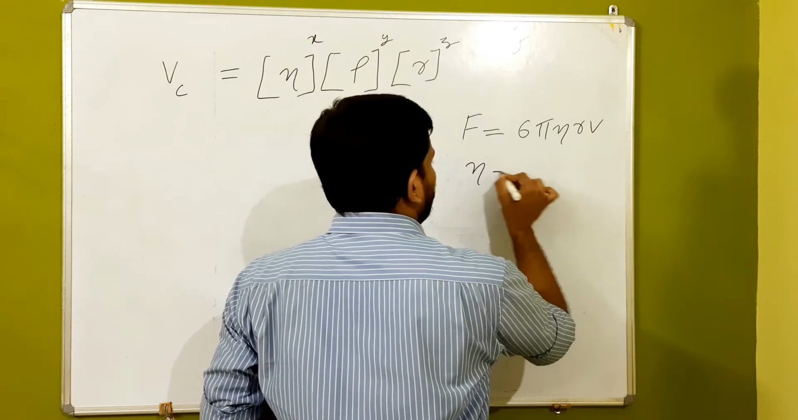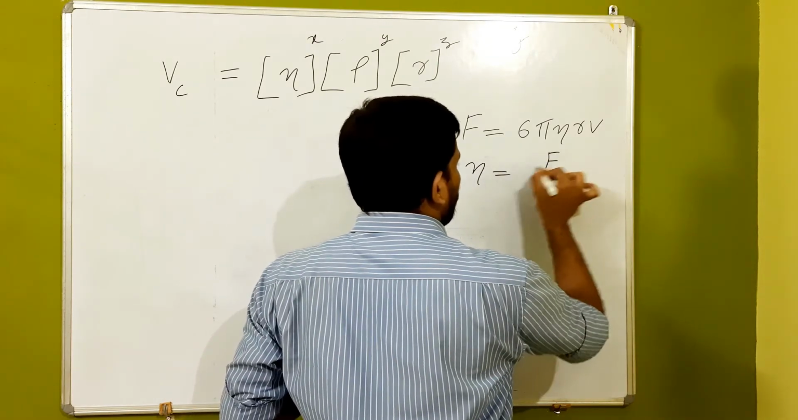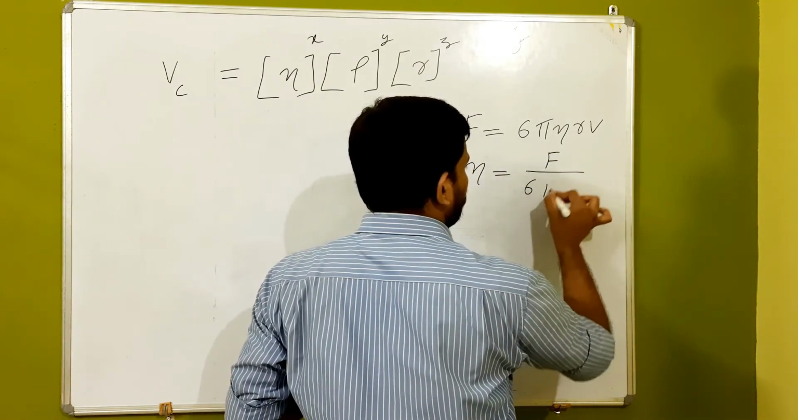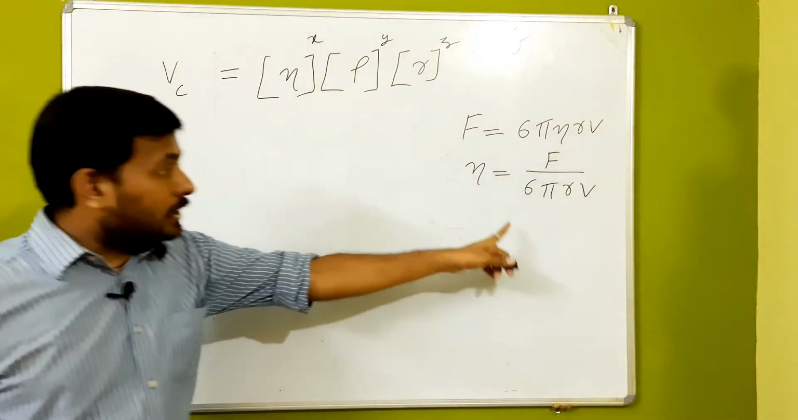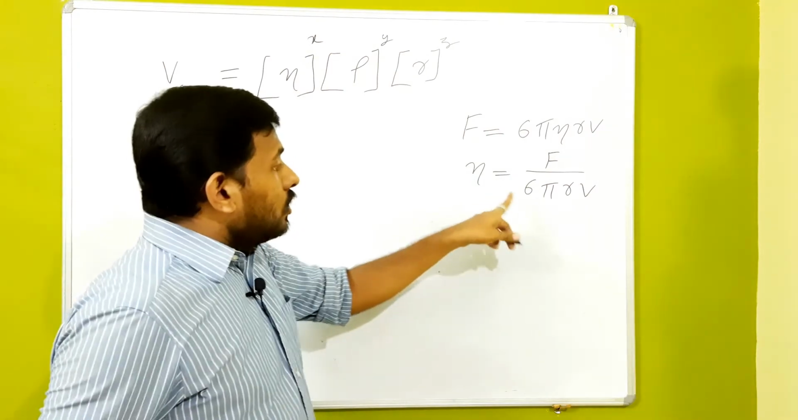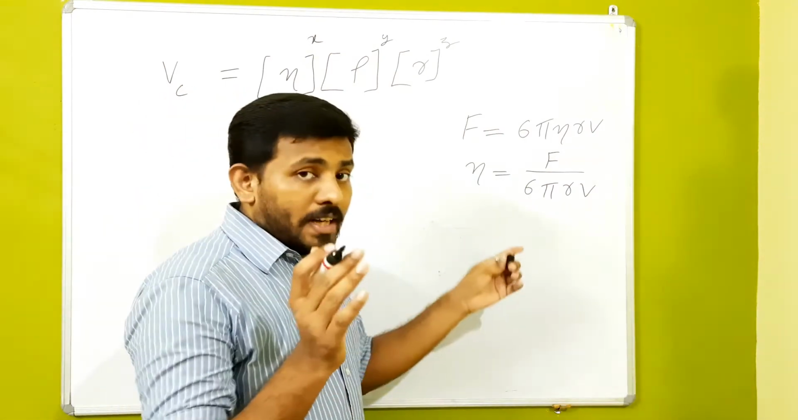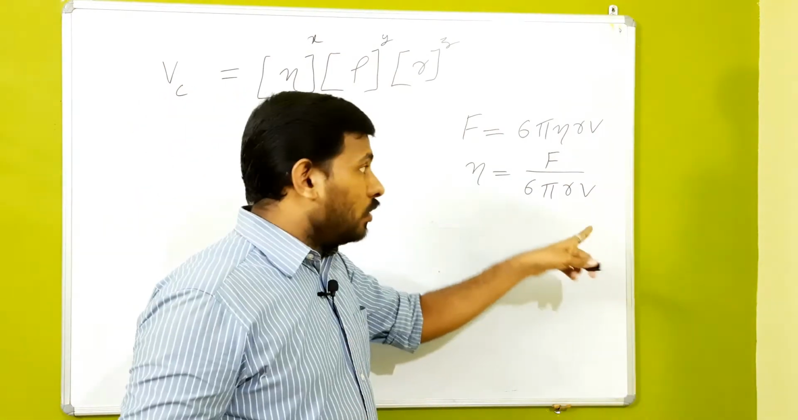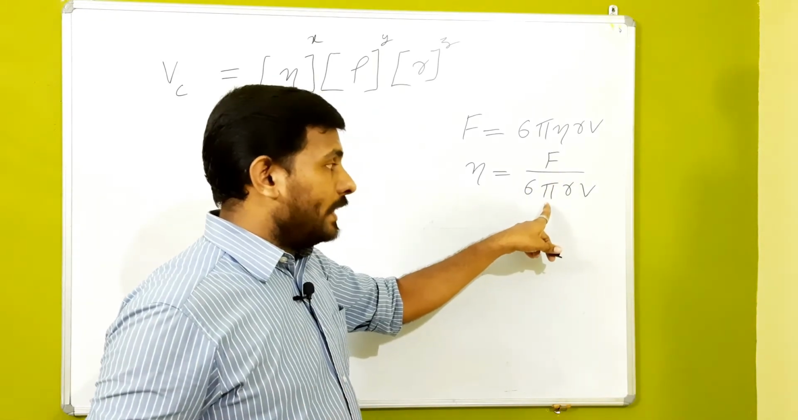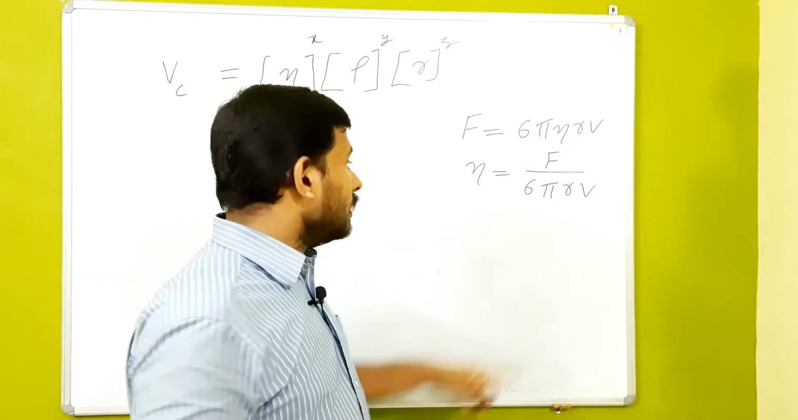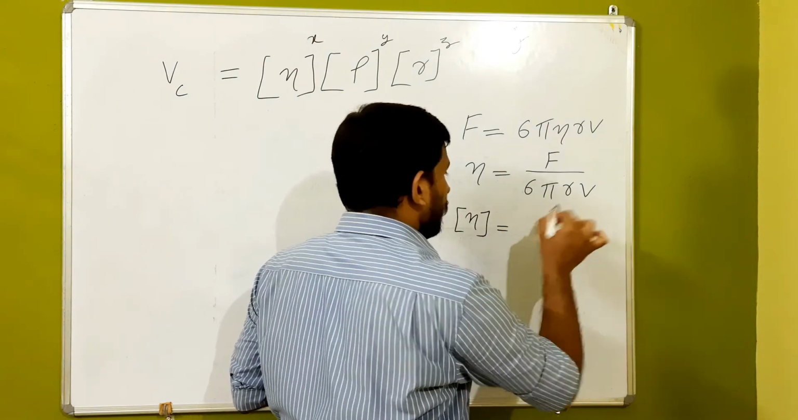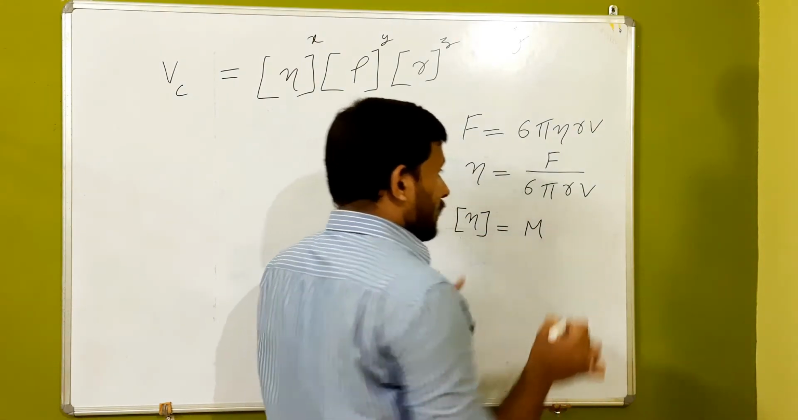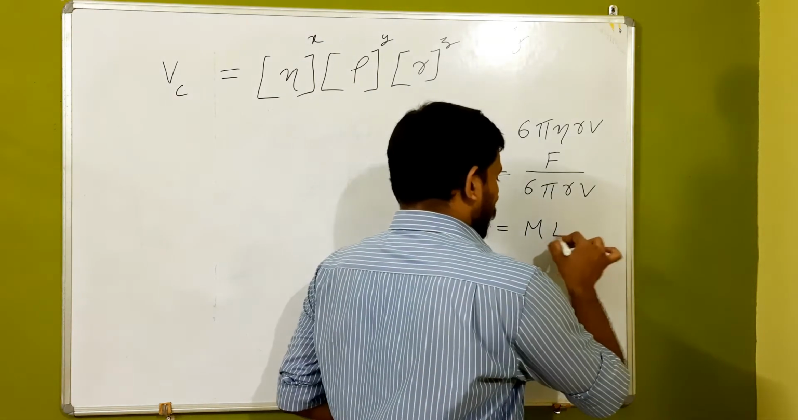Therefore, eta is equal to F divided by 6 pi R into V, where R has the dimension of length, V is velocity, F is force, and pi is a dimensionless constant. So the dimension of eta, the coefficient of viscosity, is equal to the dimension of force, which is mass into acceleration,